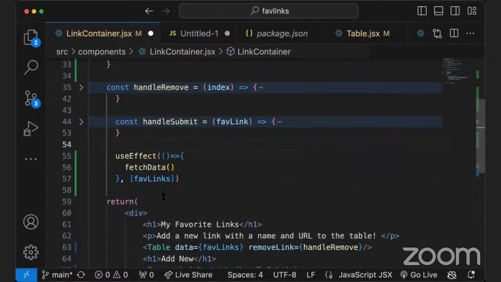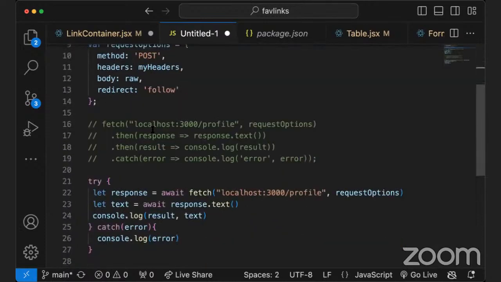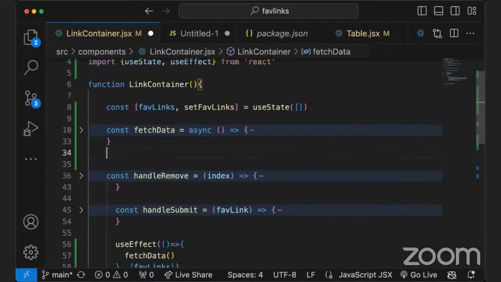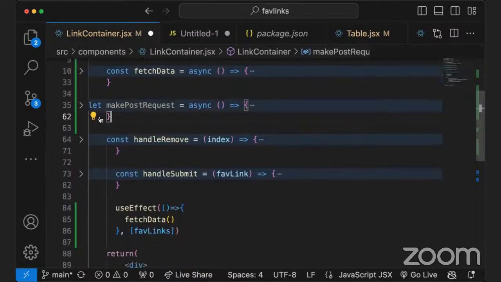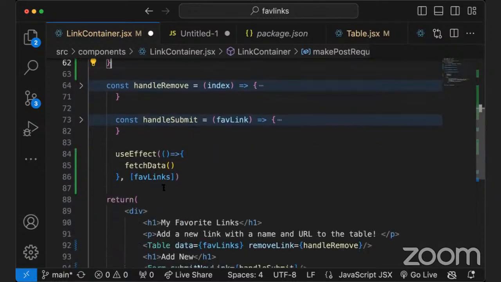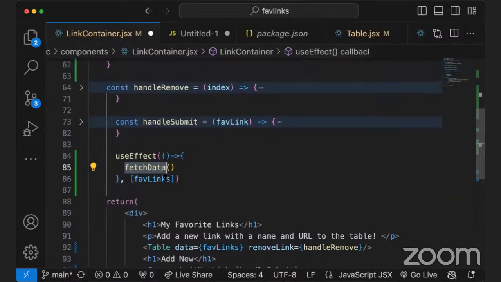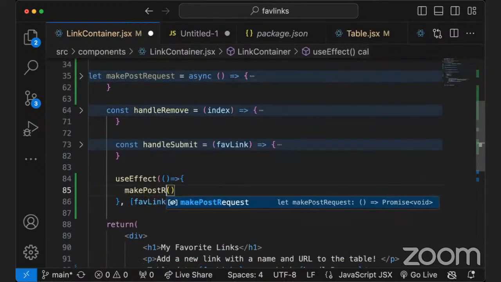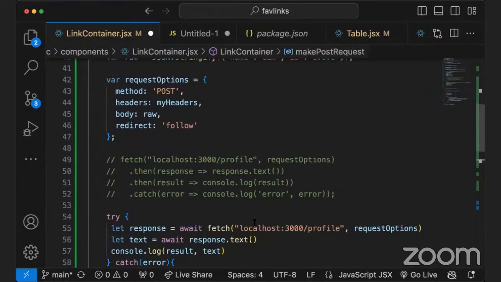Well, cool. If I had this makePostRequest function inside of my code, which I guess I could just copy over now, we already talked about it, so I'm just going to minimize it. Maybe I'm saying, hey, if the fave links array changes based on the form being submitted, instead of fetch data, I could say make post request or something. And then of course, I'd have to change this function. This is if I had a route, let's say I had a route that